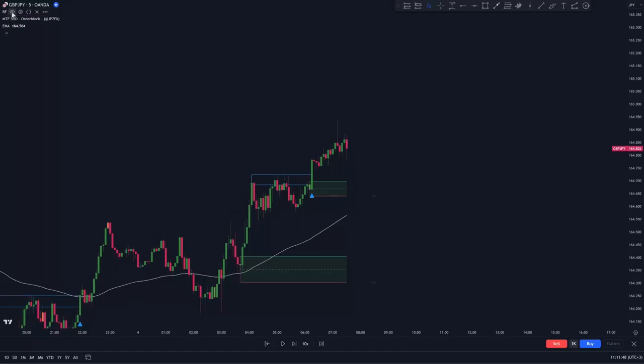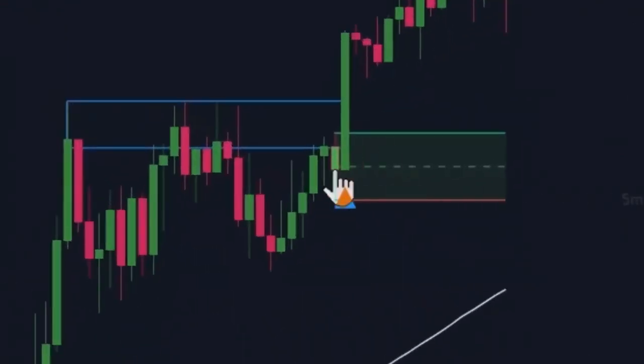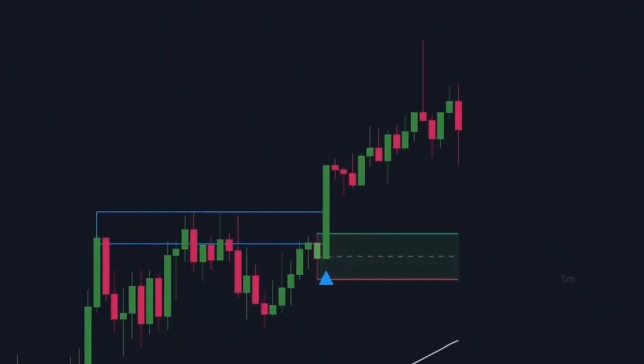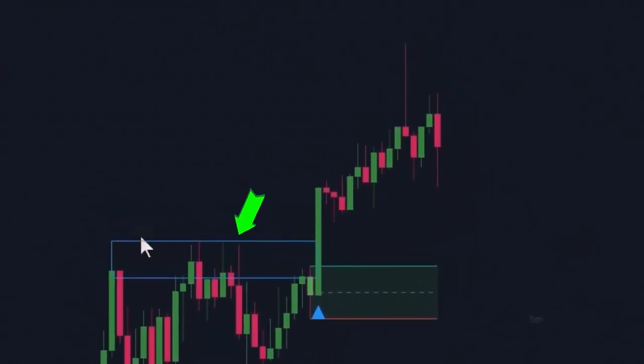And as you can see here, there is this blue upward arrow, which indicates that the price broke and closed above this key level, which is basically a previous resistance level indicated by this blue rectangle. Now, looking closely at this, you can see that this is the candle where our demand zone got established. And right after the demand zone got established, the price started pushing upwards aggressively and broke above this previous resistance